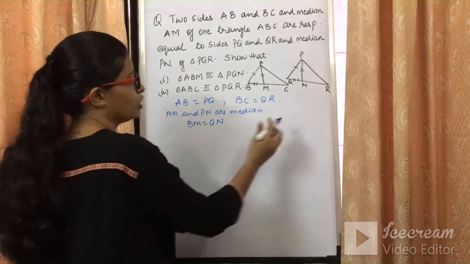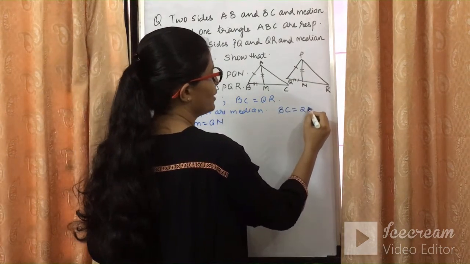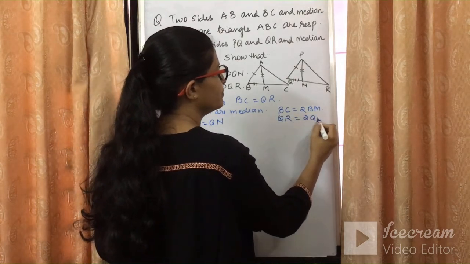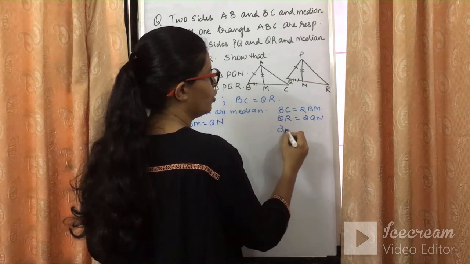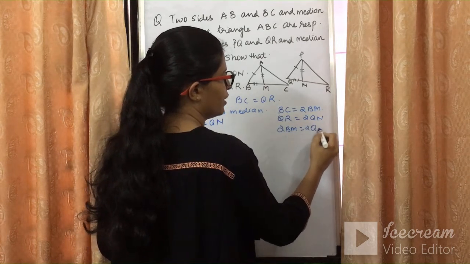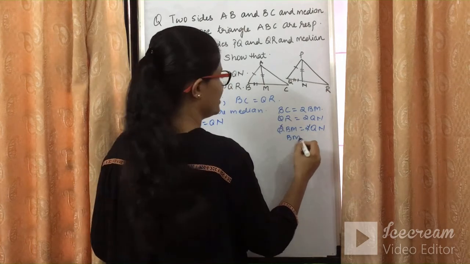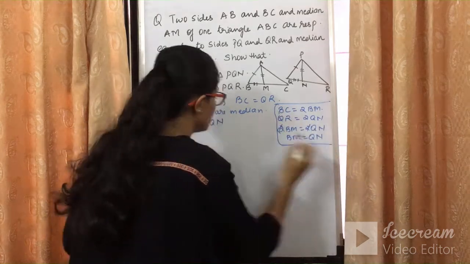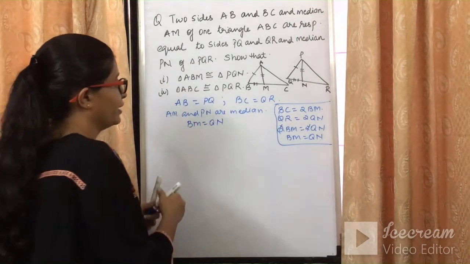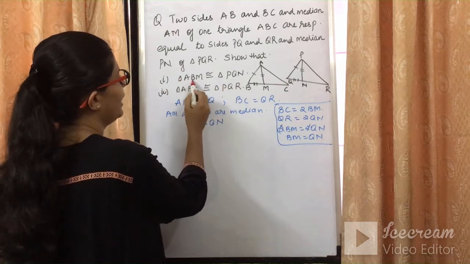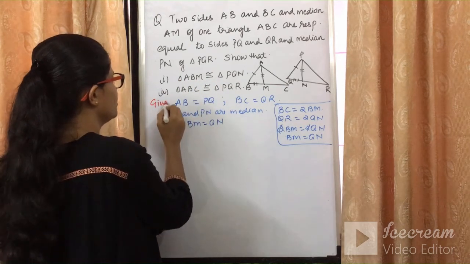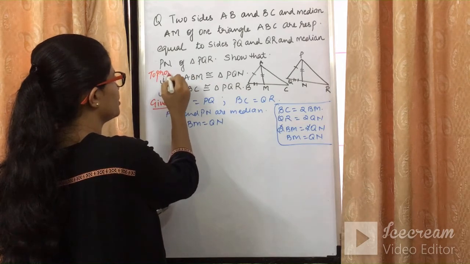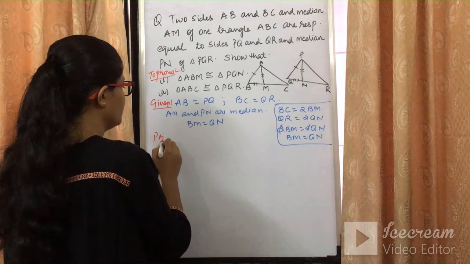How come BM is equal to QN? क्या मैं BC को ऐसा लिख सकती हूँ twice of BM, and I can say QR is equal to twice of QN. ये दोनों equal है तो ये दोनों भी equal होंगे, and 2 will get cancelled out, so we can say BM is equal to QN. So this is the fundamental which is being used here to prove that BM is equal to QN. Now अब क्या करना है? Proof करना है. These were all the things given, and what we need to prove is these two things. So we will start with the proof now.